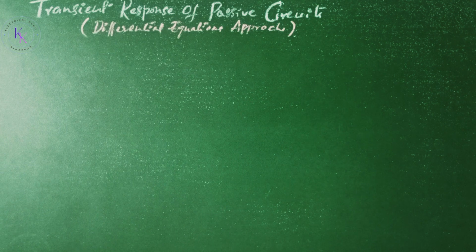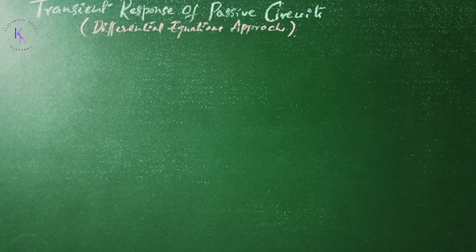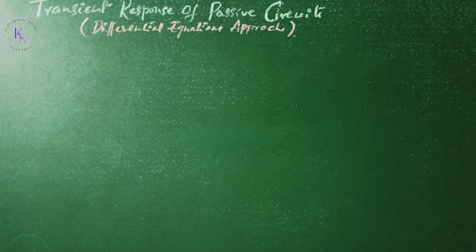Next topic, transient response of passive circuits by the differential equation approach. Analysis of the behavior of electrical circuits reveals that as soon as a circuit is switched from one condition to another, either by change of source or by alteration of circuit elements, branch currents and voltage drops change from their initial values to new values. These changes take a short spell of time to settle to a permanent value known as